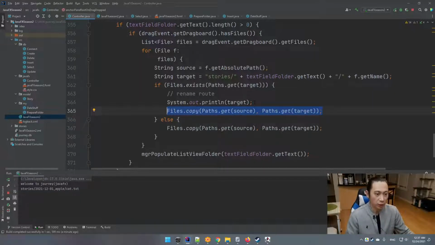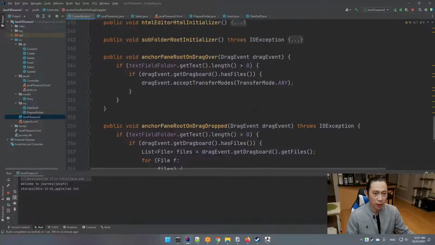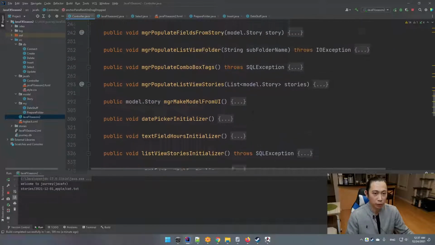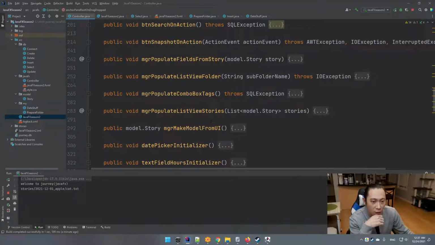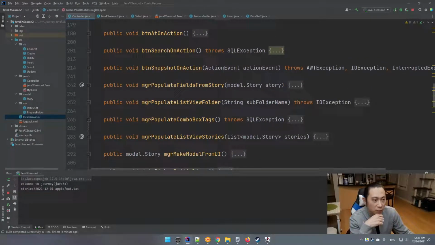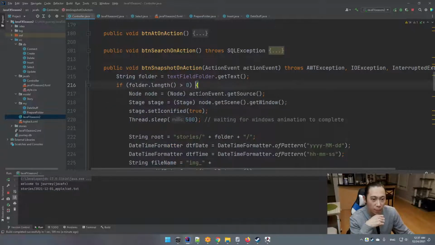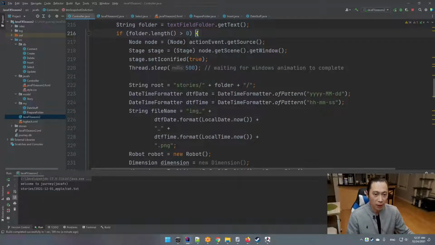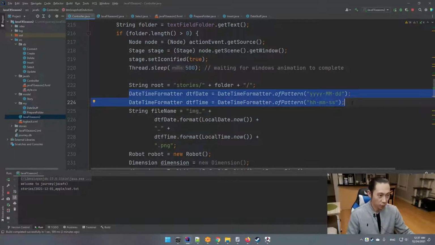Yeah, so in this way we need to work on this file name portion, right? The idea will be the same. I'm gonna copy from the previous one the screenshot portion. Yeah, this one. I'm gonna copy paste this part, right? We get those